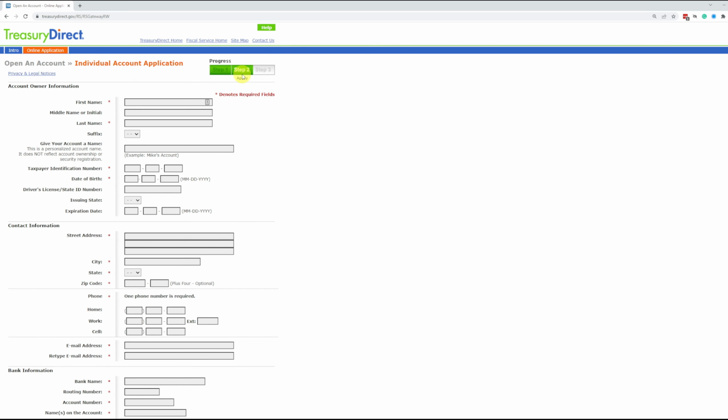Now this is very important. You want to make sure that anything that has a little asterisk next to it, make sure it's completely filled out. These are typical information. You should have it available easily. Obviously your first name, last name. If you want to give your account a nickname, or if you want to have multiple accounts, you want to name your account so you can identify them later. Your taxpayer ID, your social, date of birth,